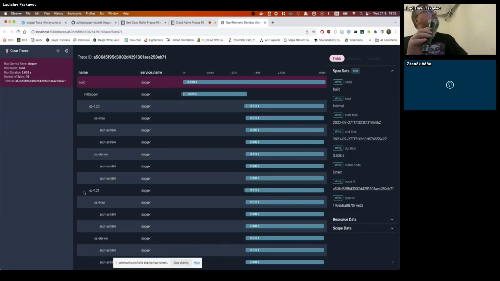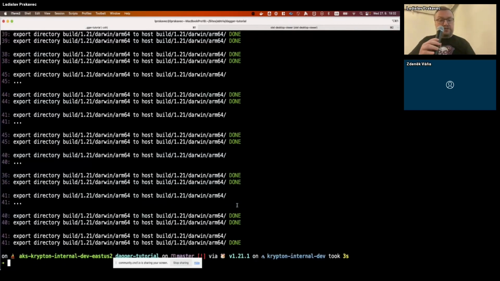You see the different versions. There is the root span for init dagger, architectures, and operating system. And you see that was built in parallel. I use Go routines. It's very short because I already have cached all the Docker images. That's quite fast, and it's just a small part of a CI pipeline. That's not everything that we did, but you can see how easy it is. And what is important is that that's my local version, but I just need to